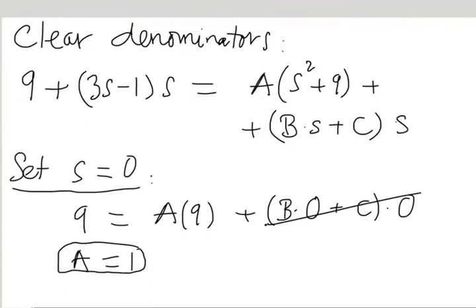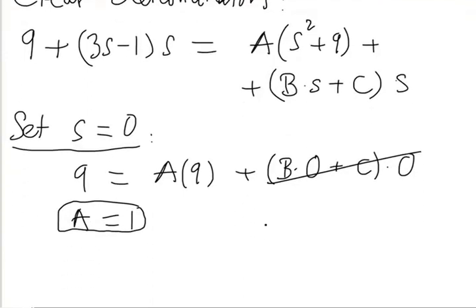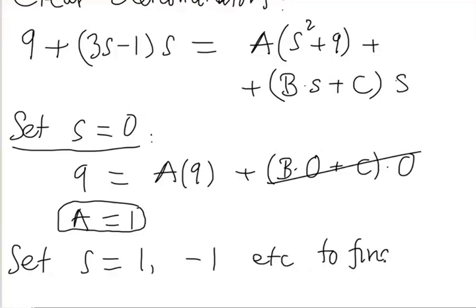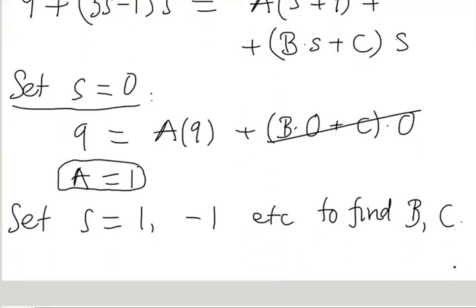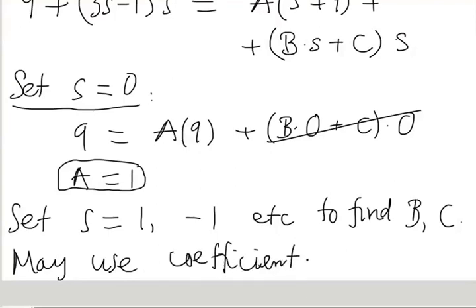Now we don't have any other special values, so we could set s equal to 1, and then minus 1, etc., to find b and c. But as we saw earlier, we may use coefficients